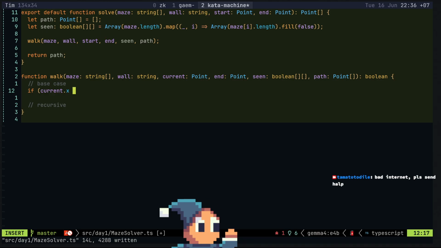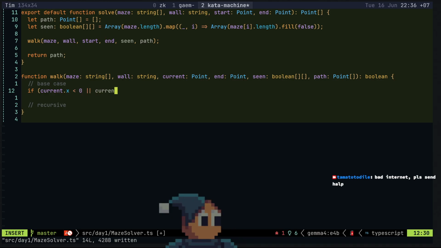We do the boundary case, less than 0. Or equal to.